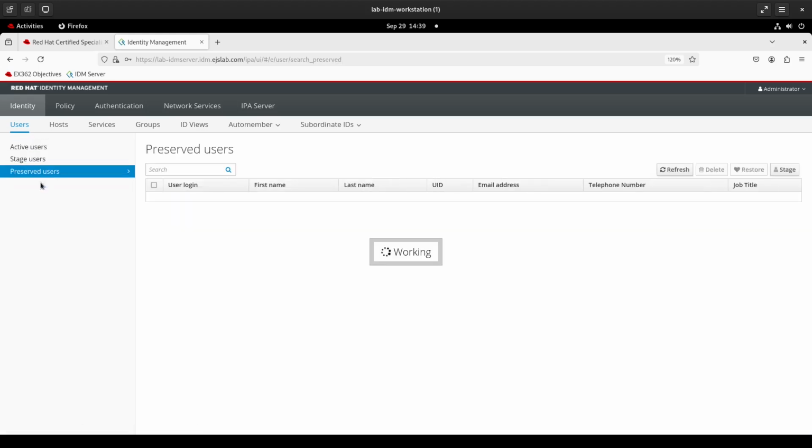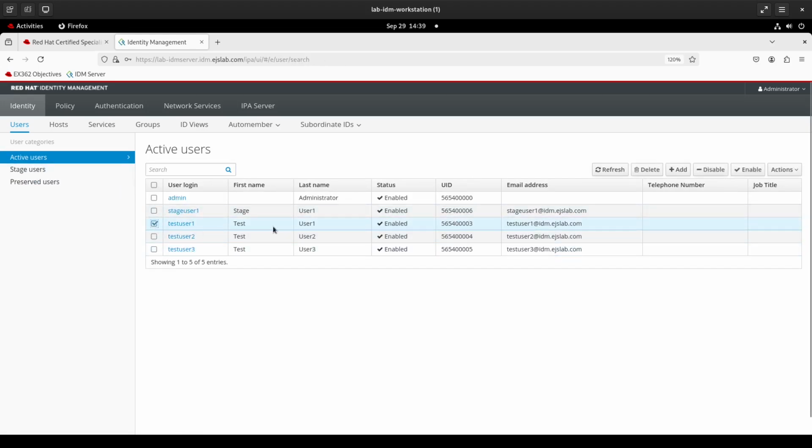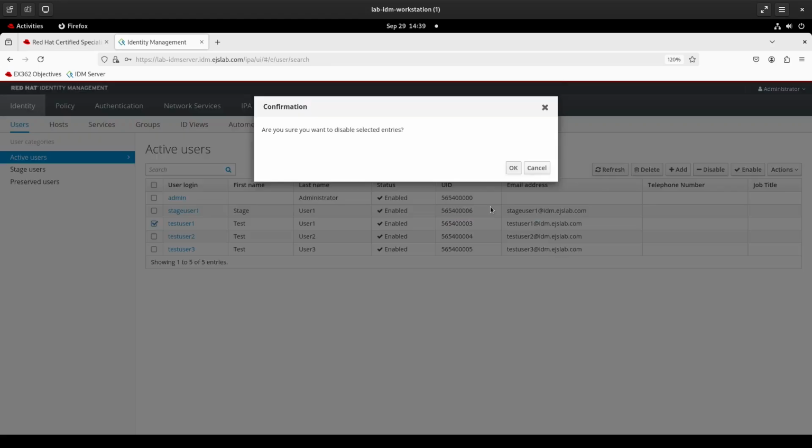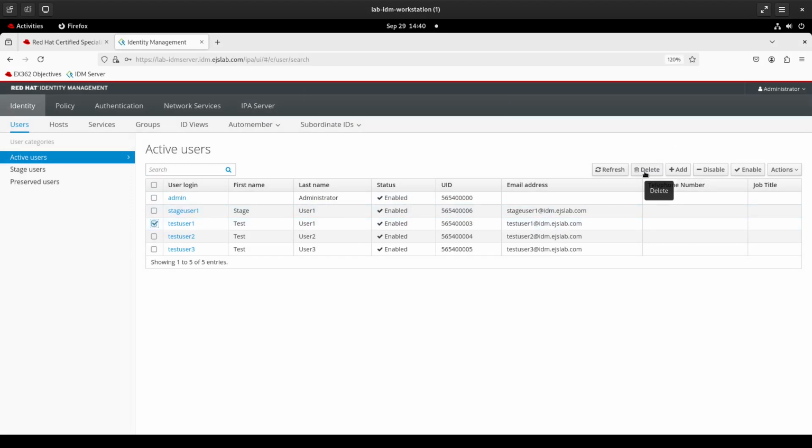The idea of the preserved user is kind of the same. Let me go back to my active users. Let's take test user 1, and I think there is a difference between disabled and purged or preserved. Let me enable this user. And all this stuff you can do on the command line as well. That's something on the exam. I'm a full believer in right tool for the right job. And most of the stuff I do with the Linux system is on the command line. But if I'm on the exam, unless it's like make 50 users and I need to for-each loop through them, I will probably do a lot of stuff